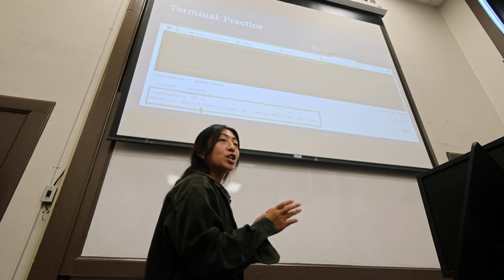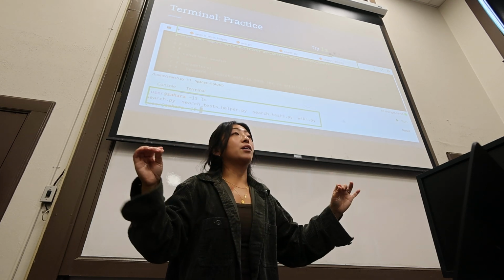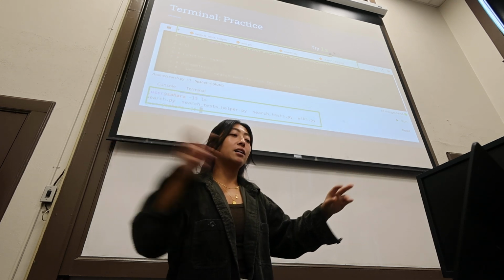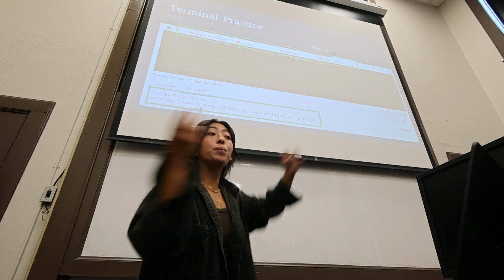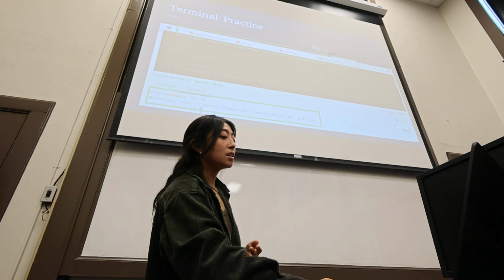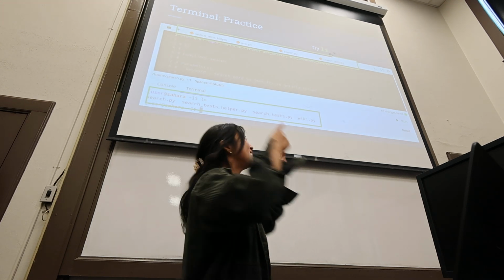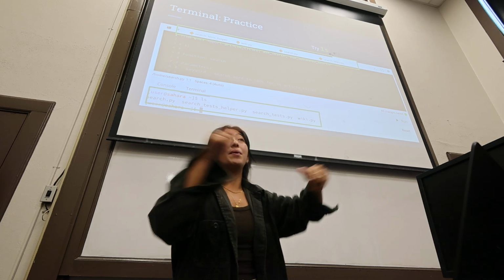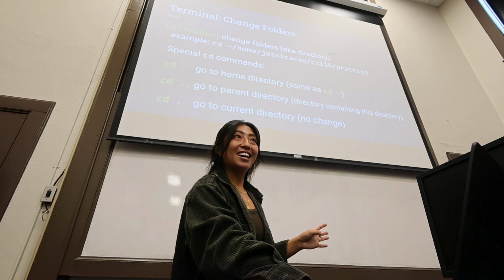Okay, so if you try to hit ls and then enter, you should see all the files in your home directory, and you should see that it matches the files you're given when you open that project: search.py, wiki.py, search tests, all these different files. So you can verify that's what you see, and you know where you are by typing ls. Any questions or thoughts on that?